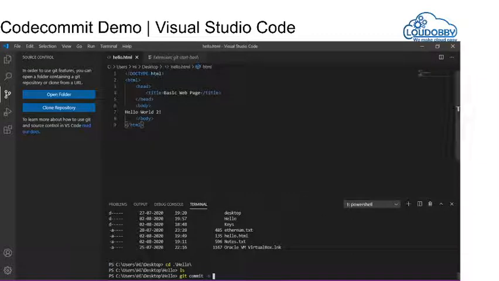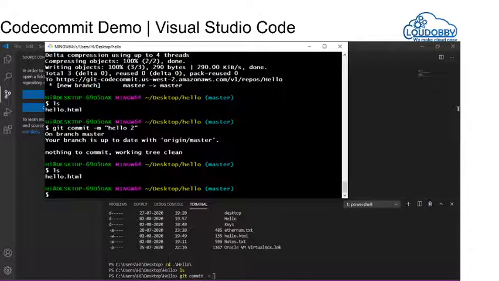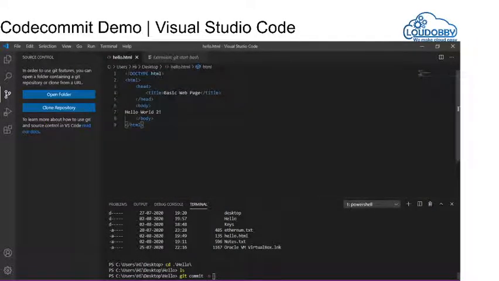So now what we are going to do is change this file to 2, and then save it again. One more thing: before you save this file, you need to make sure you are using the repository.